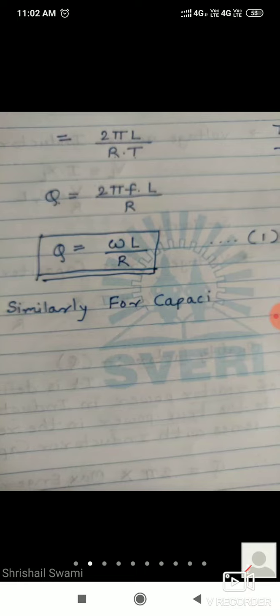Similarly, you have to use it for the capacitor. Similarly, we need this expression also for solving the problems. Okay, so you can give this expression the name equation number 1. Similarly for the capacitor,